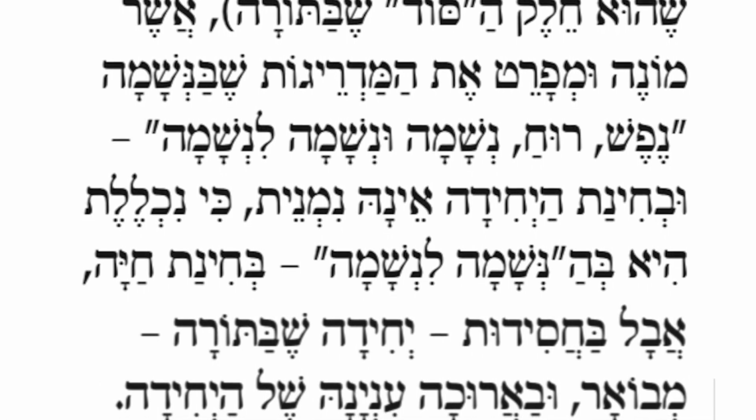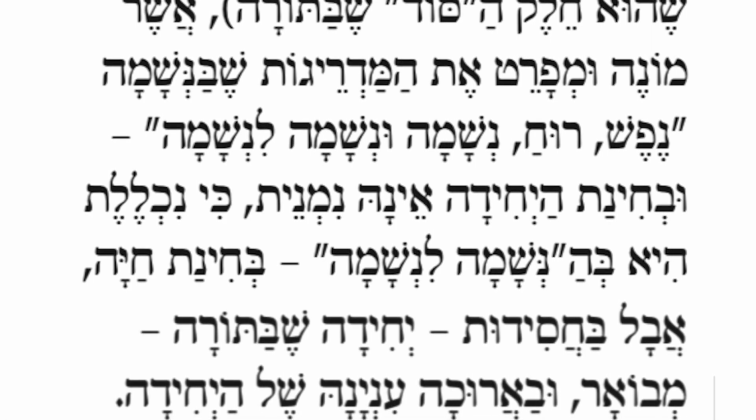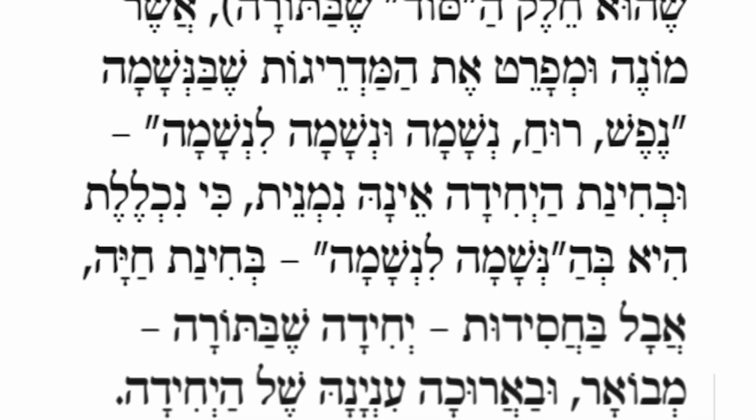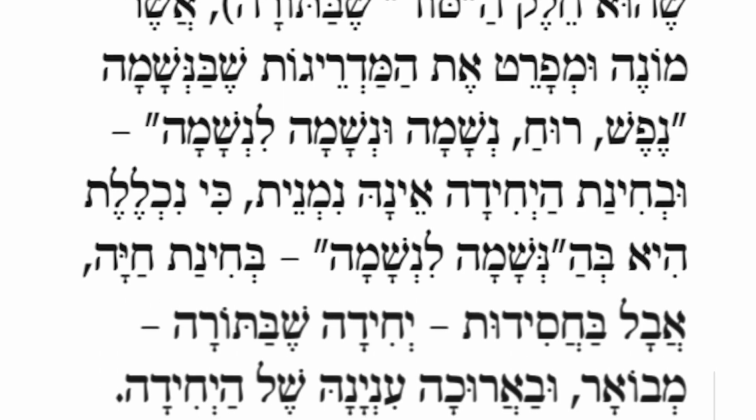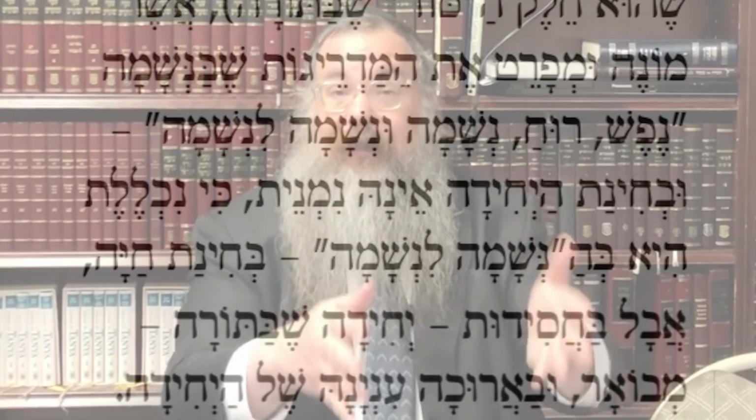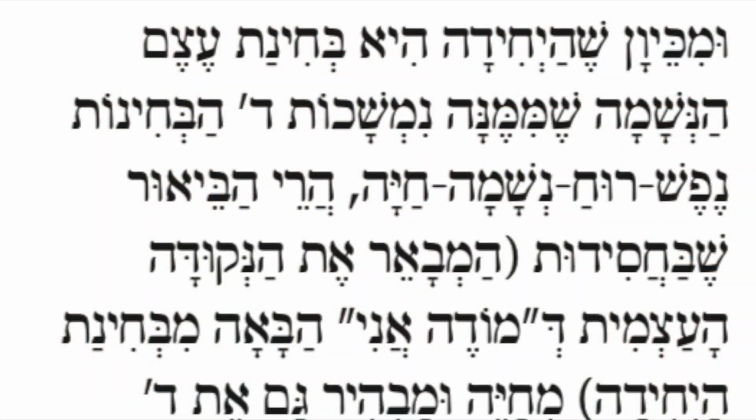Aval b'chasidus yechidah shebetayra mevur baruch inyan shel yechidah. But chasidus, which is yechidah, speaks all the time about yechidah, and at length. Case in point, this entire discourse is all about yechidah. Let's continue. And since the